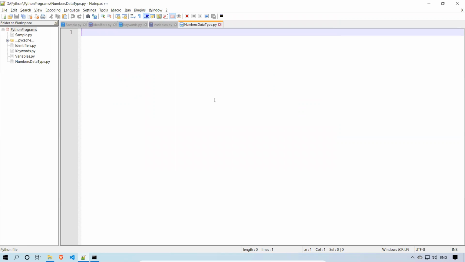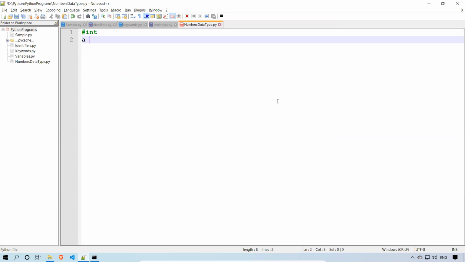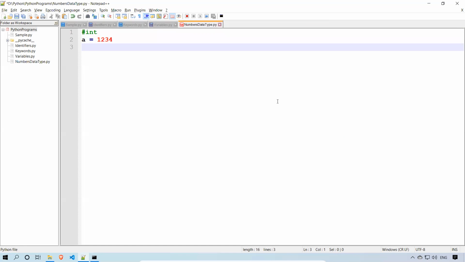First we'll see integer. I say a equals 1 2 3 4. A is a variable, and in that variable I am storing 1 2 3 4. If I want to print a,